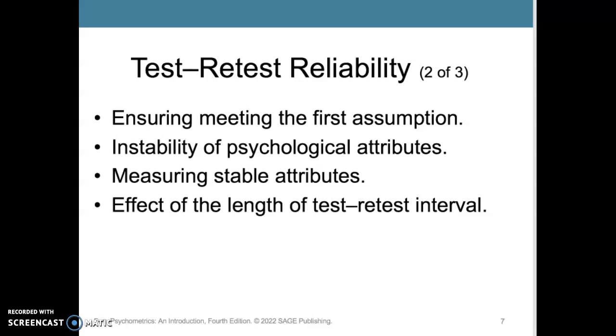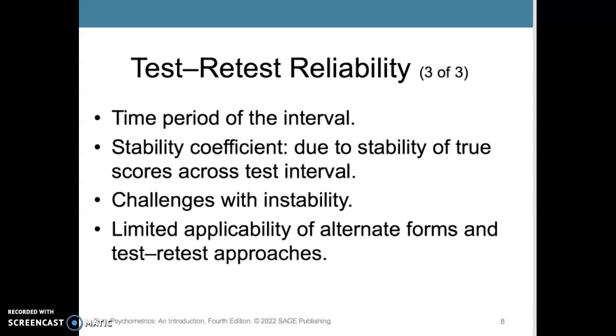Another thing to think about when you do a test-retest is the duration, the time span between the two tests. If it's months or years, you might actually have a change in the true scores, which could be really a risk. But if there is too short of a distance, you might have carryover effects between the two tests. So there is really a lot of factors to consider here,